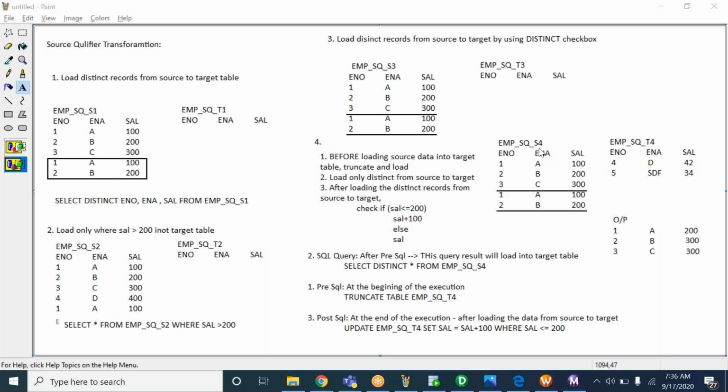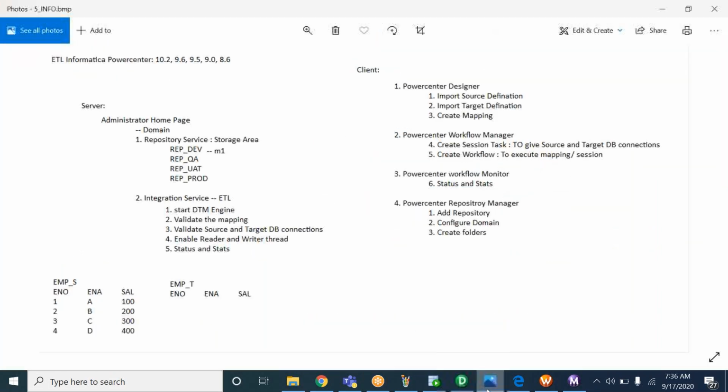No, not for the new project. In the last class I explained, for the first time we create in real time 4 repositories. These 4 are fixed. If you have 10 projects or 100 projects also, these 4 are fixed: development, QA, UAT, and production.